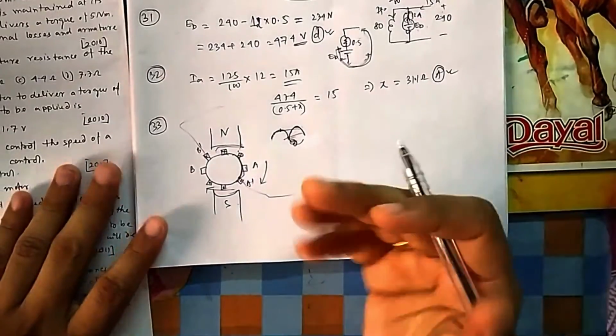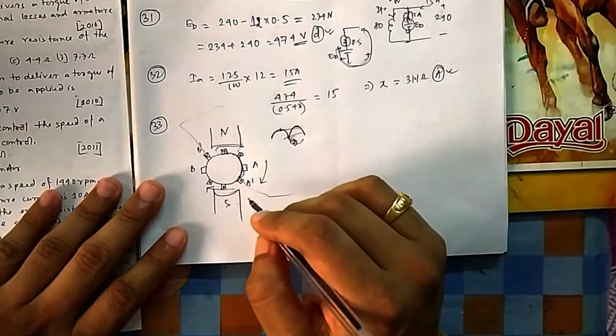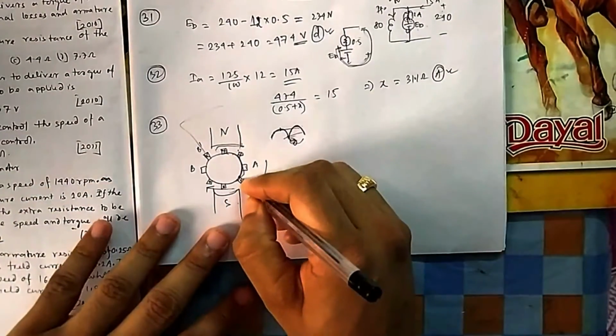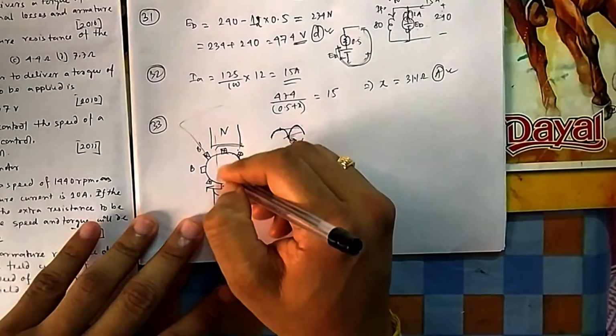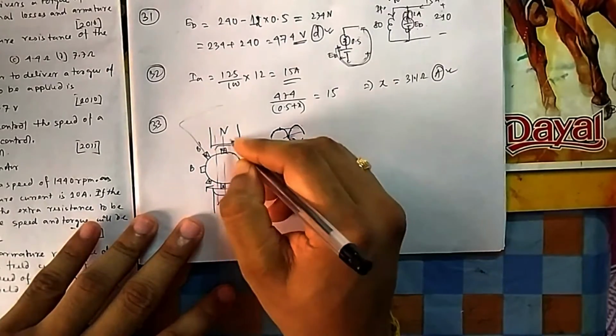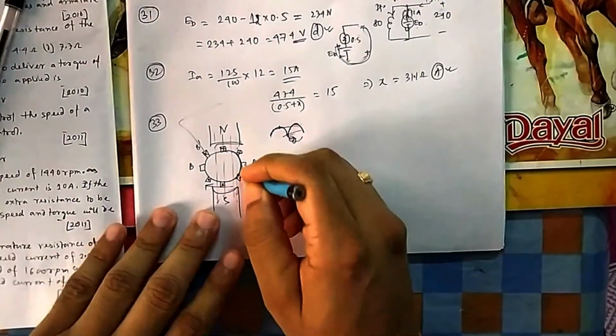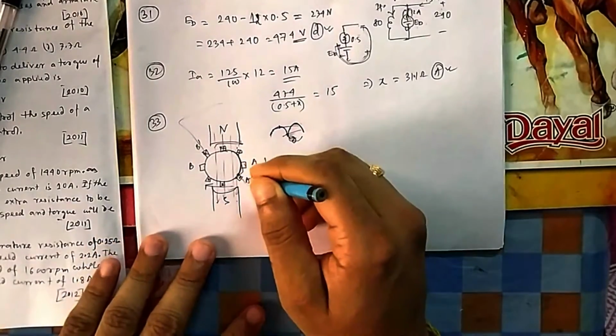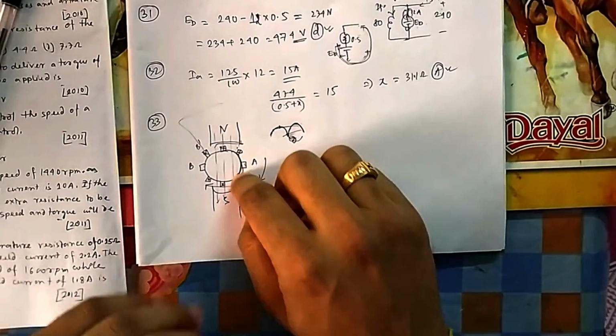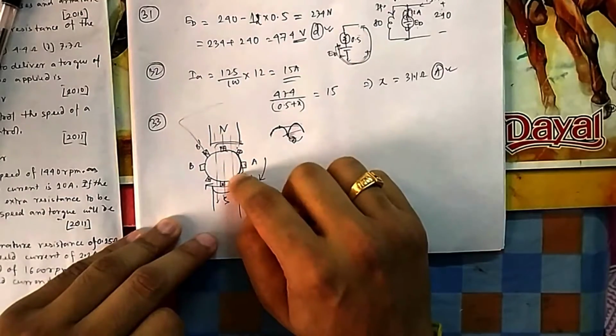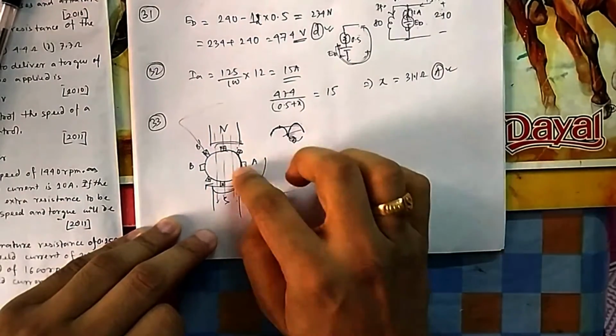Okay, now to see the armature reaction, because of this brush position changing, there will be armature reaction. Now if there is a dot, then what will, this is my original magnetic field from north to south. So due to this dot, what is this dot? If I can use another pen, or okay, let me use this pencil. Suppose this is my dot. So due to this armature dot current, there will be now a magnetic field. That magnetic field interacts with this one. So what is the magnetic field?